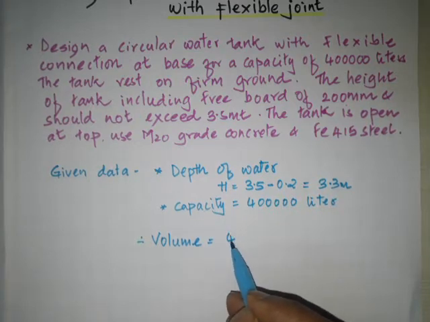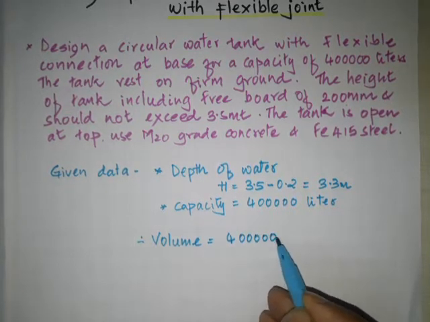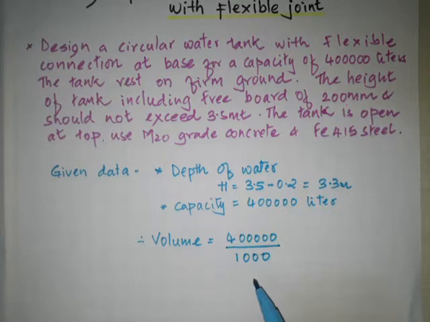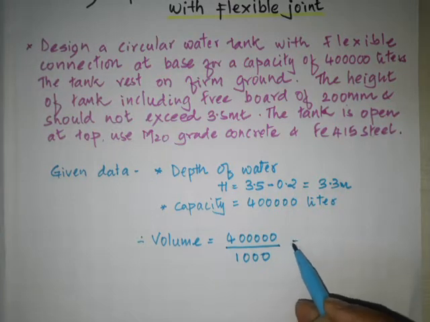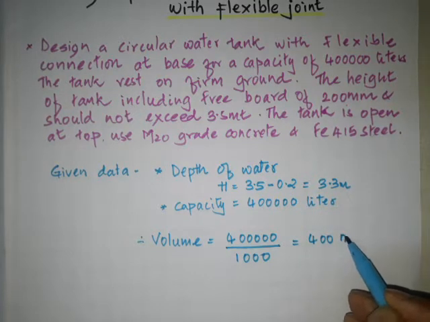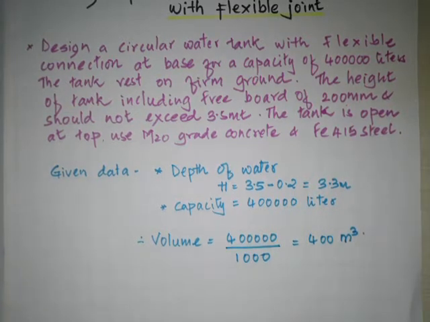The volume is equal to the capacity divided by the unit weight of water, which is 1000. So we get 400 meter cube. We have to provide a water tank of size 400 meter cube. So therefore the area is equal to, since we know the height of the water tank,